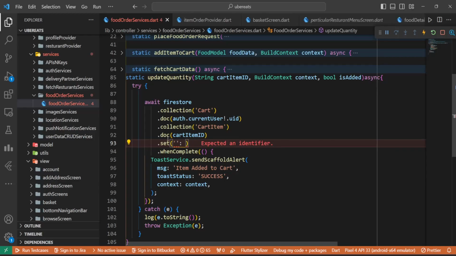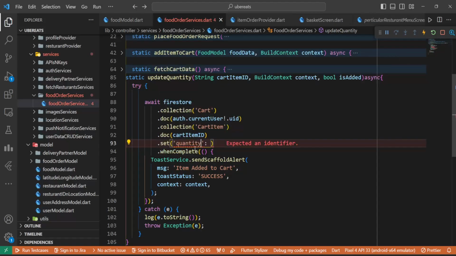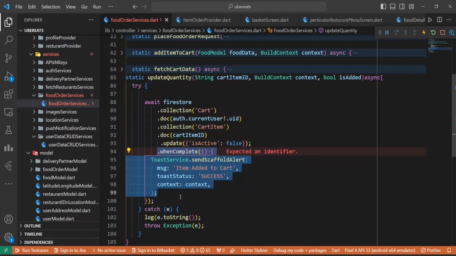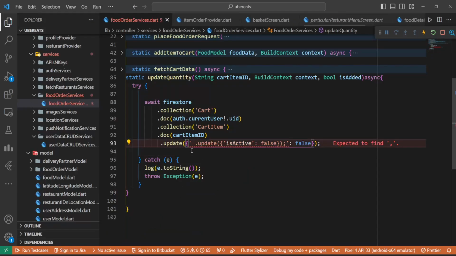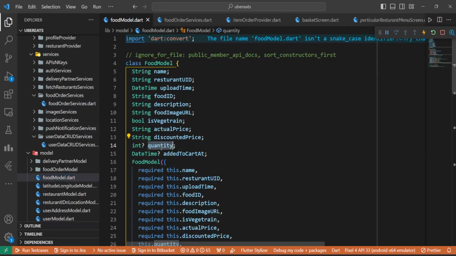the parameter name. So let's go to the food model, and here it's quantity. Copy this, paste here. So instead of dot set, it's going to be dot update, and we don't want this one. So here it's going to be the parameter quantity. So we'll go to food model. Here we'll copy this,